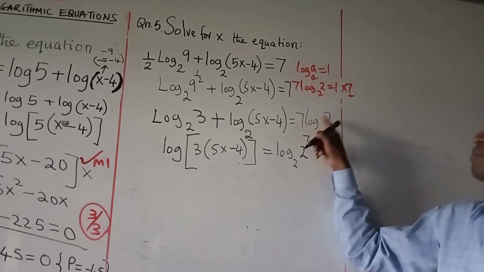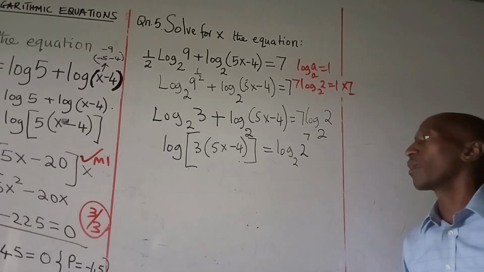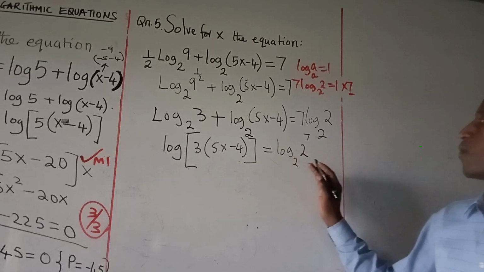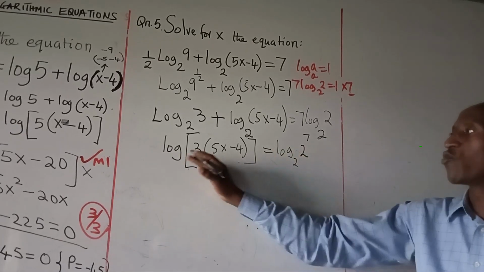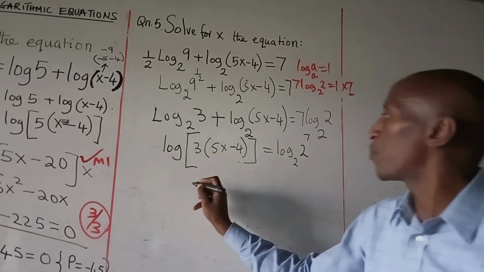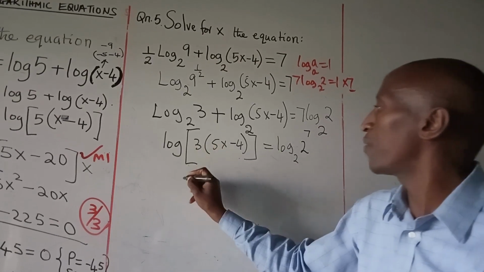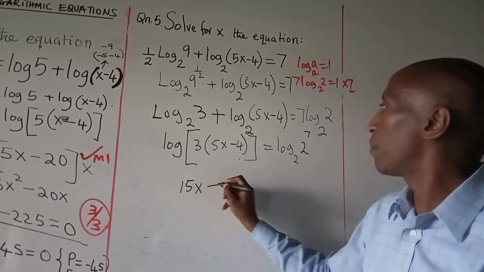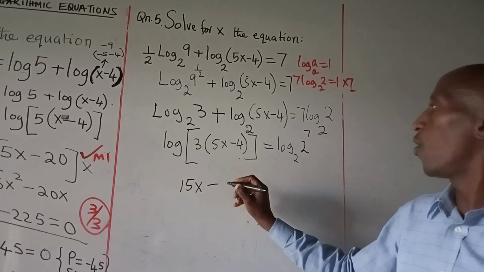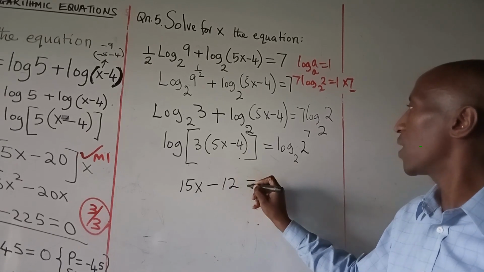The 7 here becomes the power here. Once we are able to see that, we drop the logarithms, and we shall be able to get 3 times 5 is 15x minus 3 times 4 is negative 12 being equal to,